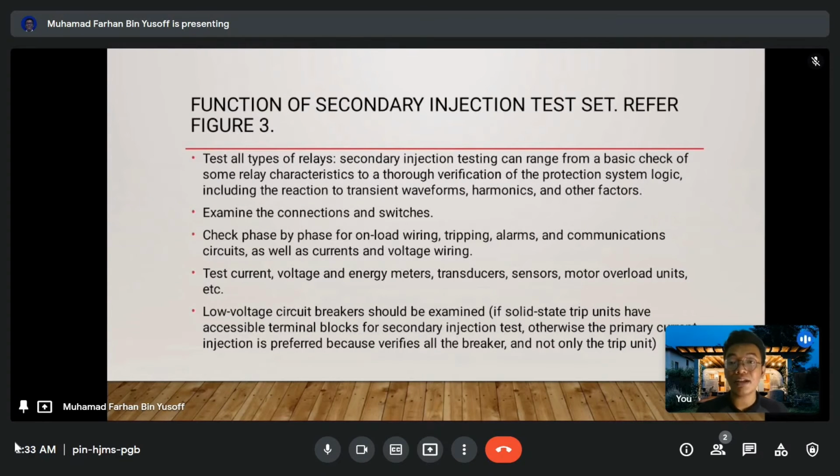Number 2, to examine the connections and switches. And number 3, check phase by phase for on-load wiring, tripping, alarms, and communication circuits, as well as current and voltage wiring. And point number 4 is to test voltage and energy meters, transducers, sensors, motor overload units. And the last one is to